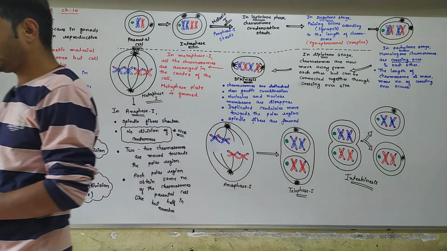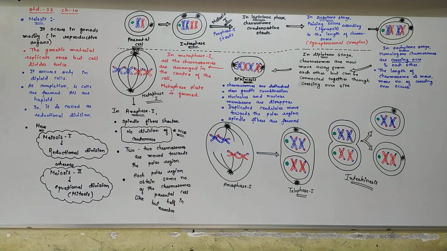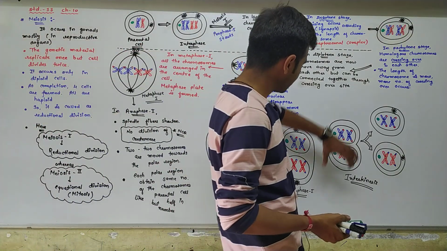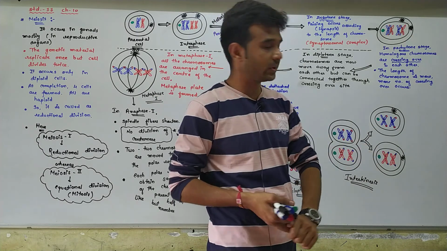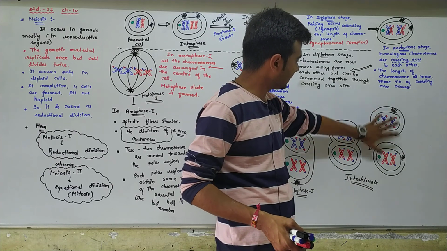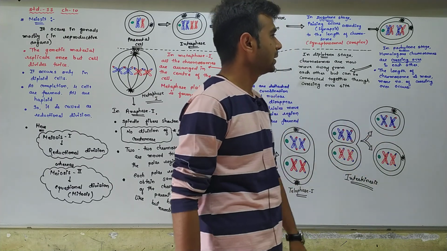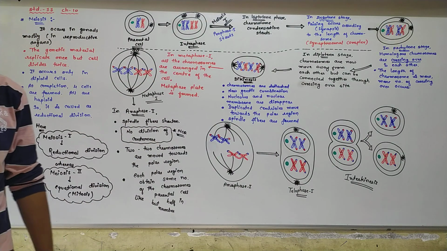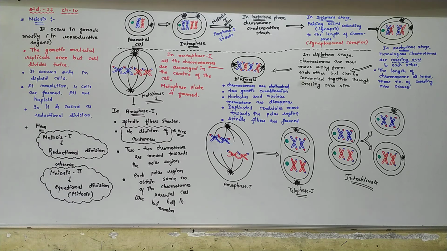So after the end of telophase 1, interkinesis occurs. And you know that interkinesis is nothing but cytokinesis. Okay, so in between meiosis 1 and meiosis 2, a cytoplasm division notch is formed, and then two cells are formed. These two cells exactly resemble the parental cell but consist of half the number of chromosomes. So meiosis 1 up to that I explained, fine. So meiosis 2, that we will carry on in the next lecture.